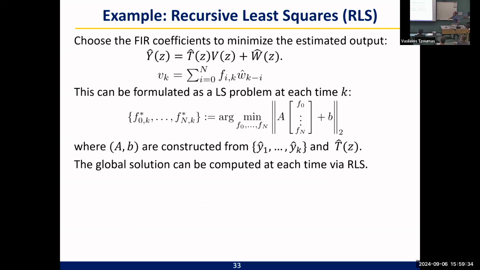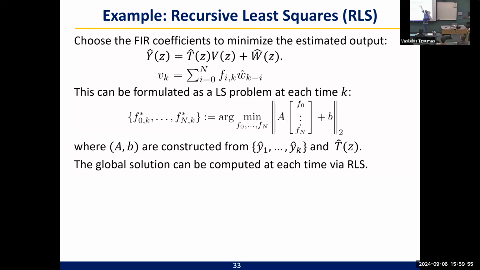And now, this is maybe poor notation, but part of the dynamics are linear time invariant. This part is linear time varying. So now I'm mixing up notation. I guess I should write that in the time domain. You can then plug V in here and you can write this all out as a least squares problem. At time n, let's suppose I've run the algorithm for n steps, and I want to figure out